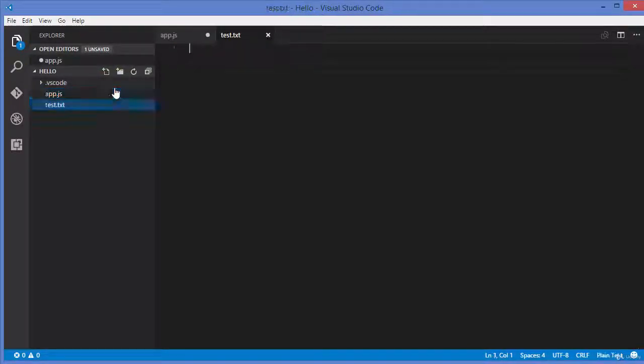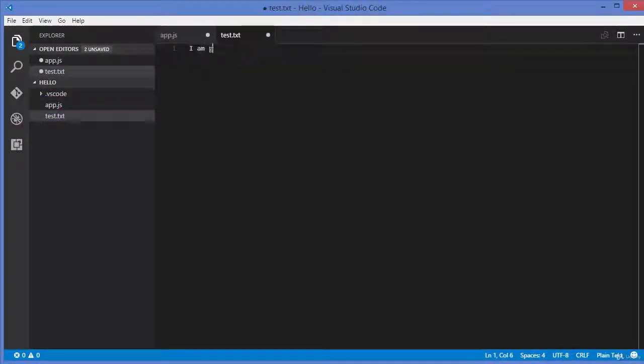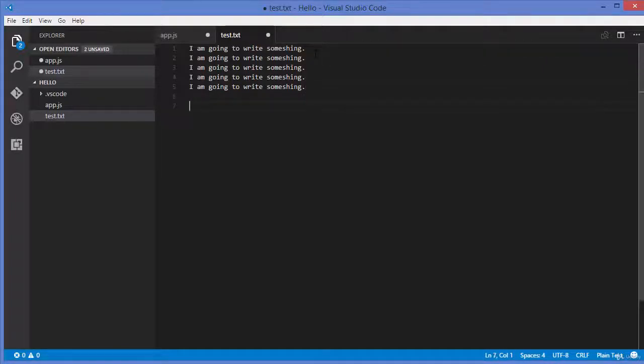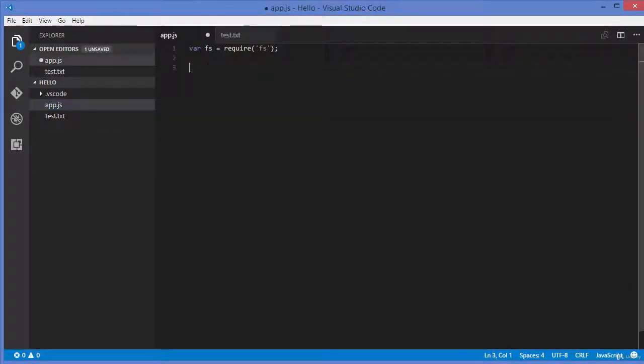test.txt, and in this text file I'm going to write some things, and let's copy and paste this line. Okay, so this is what we want to read from our file system object which we have created using this